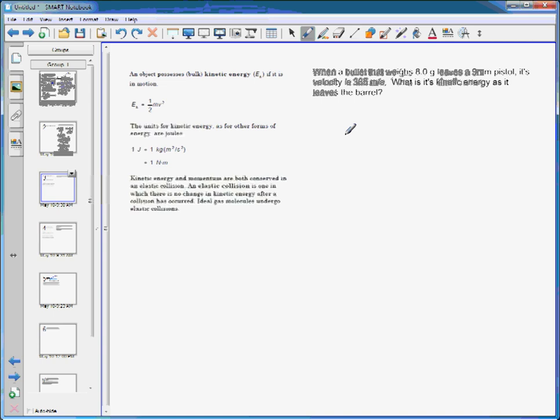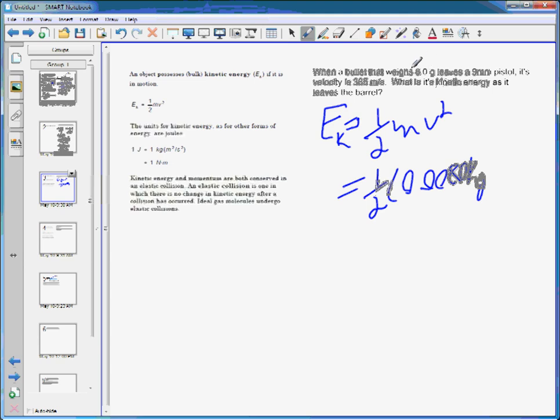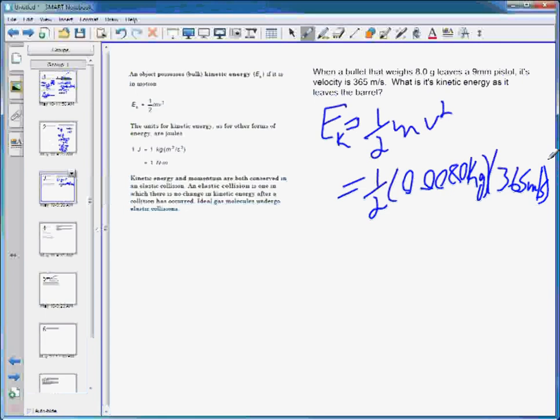EK equals 1/2 mv squared equals 1/2 of 0.008 kilograms. Actually, sorry, that should be 0.0080 kilograms because we have two significant figures. We need to keep two significant figures here. Times its velocity of 365 meters per second squared equals